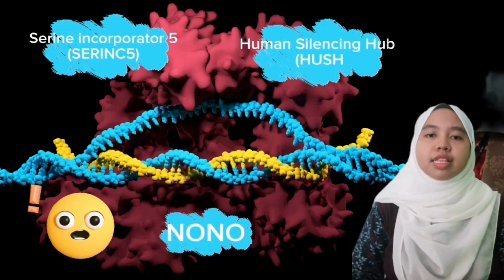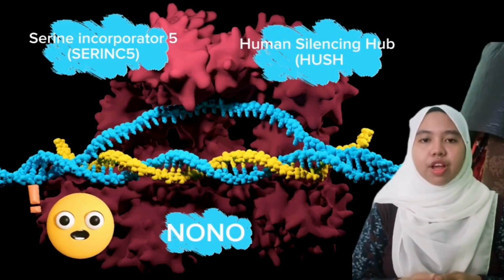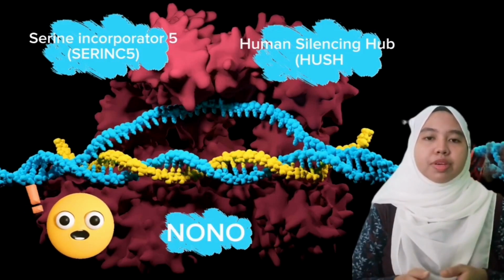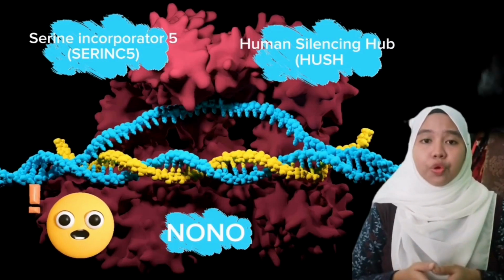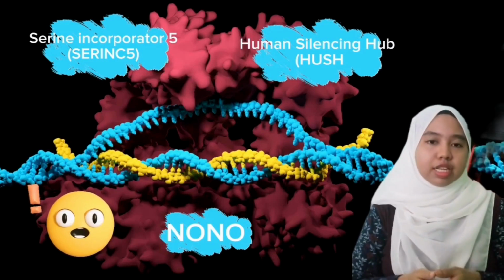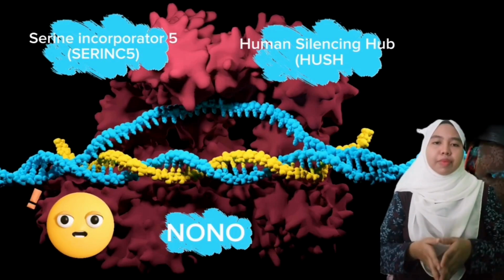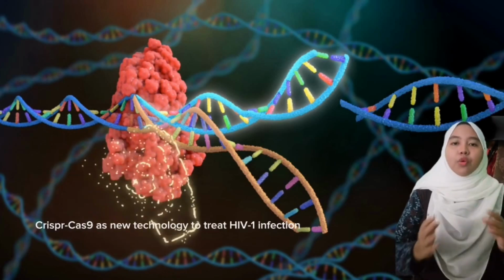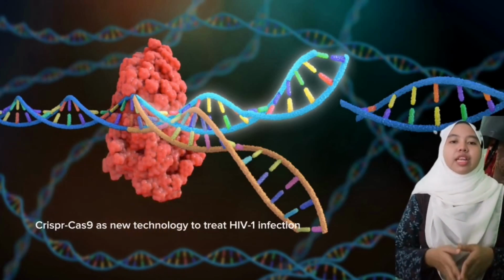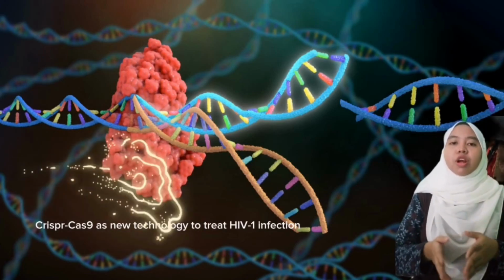Thus, scientists discovered that restriction factors such as serine incorporator 5, SERINC5, human silencing hub, HUSH, and NONO may be new targets to be considered for this application. These restriction factors can inhibit HIV infection through different mechanisms. We can see this technology may provide new strategies to treat HIV-1 infection, but still needs more effort to further